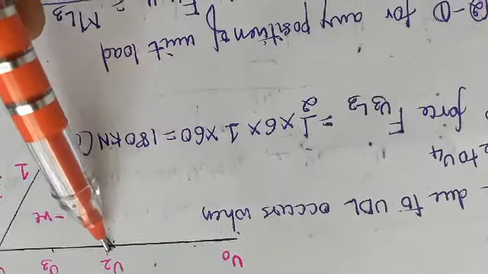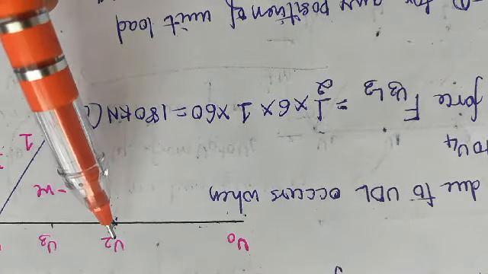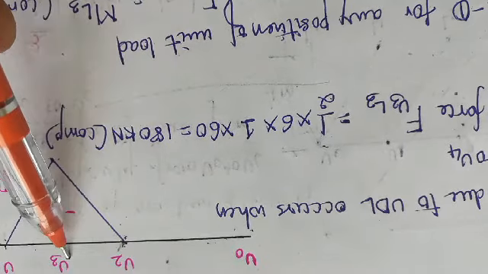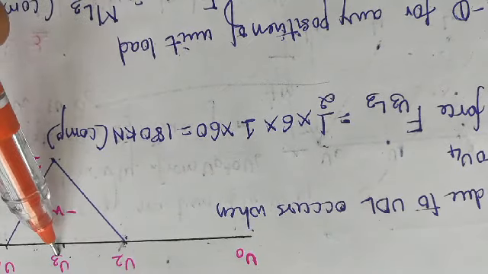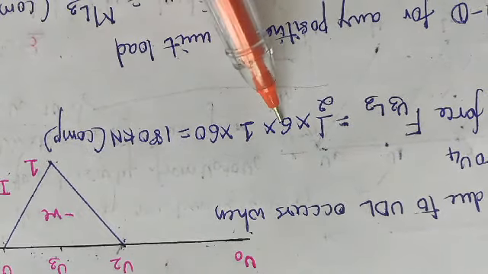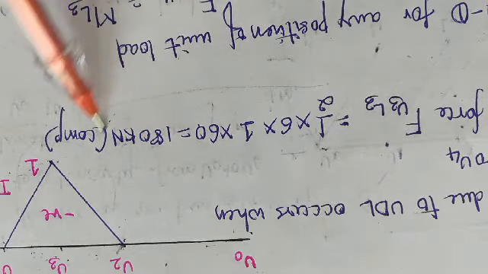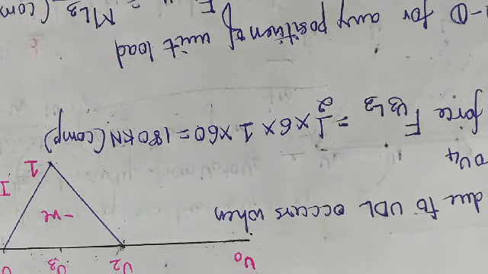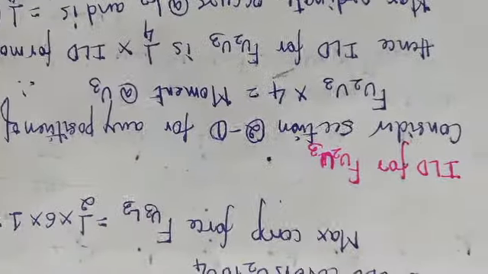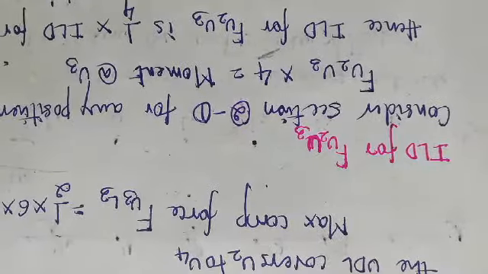So the base is U2 to U4, that is two parts of the triangle. There is one part, two parts, and the distance between U2 to U3 is 3 meters, U3 to U4 is again 3 meters. So 3 plus 3, 6, and the intensity of the loading given is 60 kilonewtons. Therefore it is 160 kilonewton, and it is compressive. Now next let us move on to the influence line diagram for U2 U3.